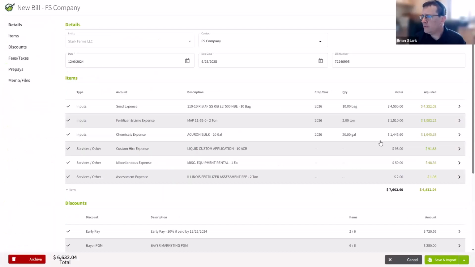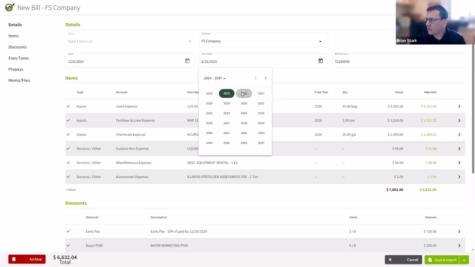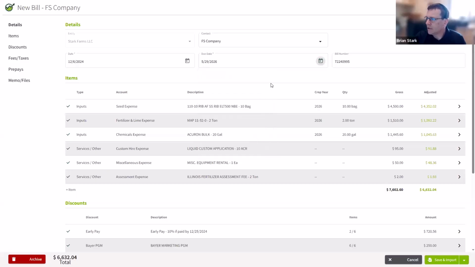It's pulled up on the screen. The due date here, I'm going to change that as well to 2026. We'll say it's due sometime in May. The bill number's looking good. This is what FS has given me. This is a really interesting one because Traction will remember things. So if I actually approved a bill already using some of these line items, it will actually check mark these